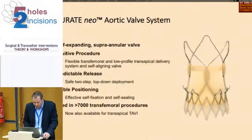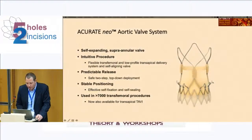So this is how the valve looks. It is a self-expandable stent and has this weird-looking crown, which is meant to engage the calcification. And then you have these so-called stabilization arches, and they are there to prevent tilting of the valve during the deployment. And then you can see that the valve has an extreme supraannular position, so usually you will get zero